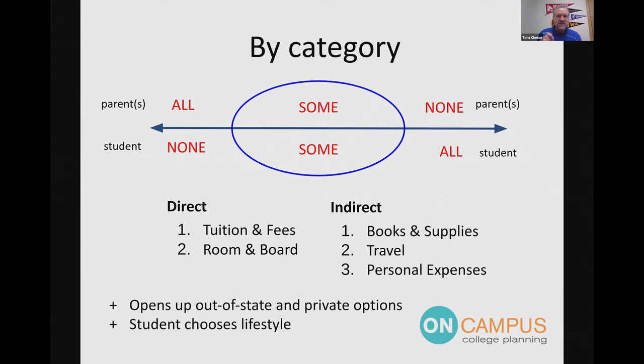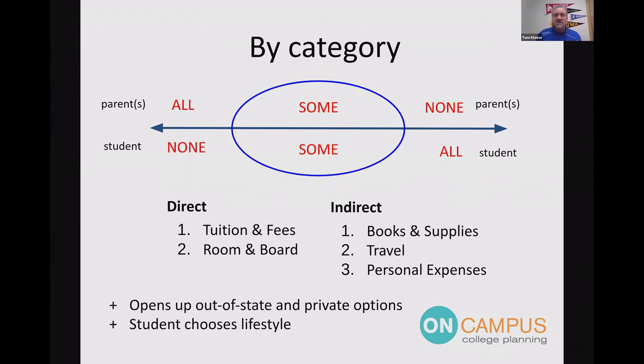And specifically, we as parents are going to cover your tuition and fees. You're going to cover your room and board, right? That's the classroom and then the living. And then they gave us a stipend for books and supplies. I think it was, gosh, I don't know, $300 a semester or something like that back in the day. A good estimate for books and supplies now is $1,200 a year.